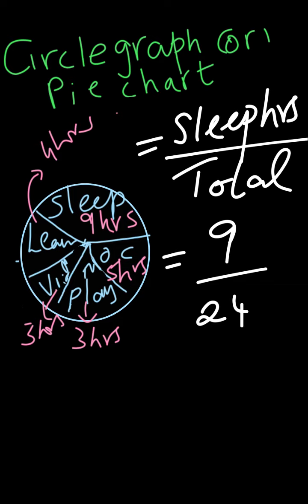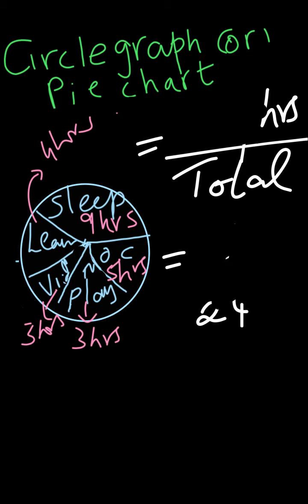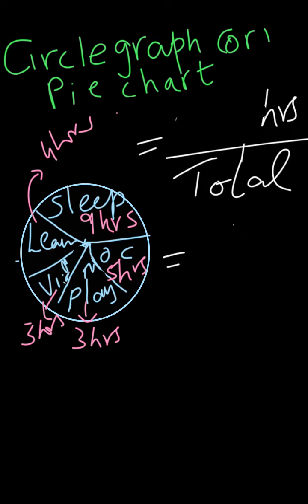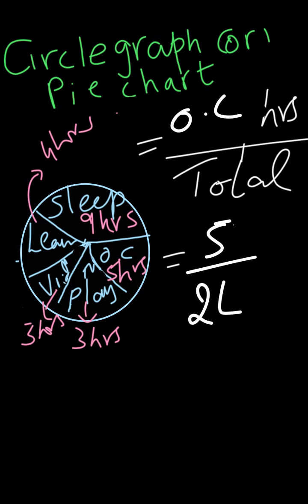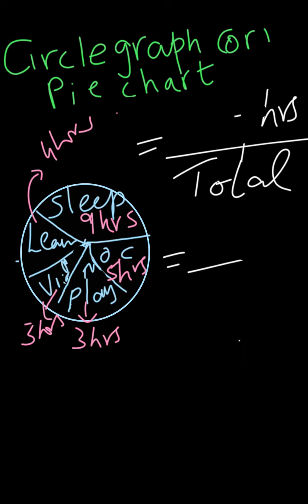And now if I have something other than sleep, let's see the online class time. Online class, it is total online class hours by total. Online class is 5 hours and total is going to be 24 hours. It also cannot be cancelled anywhere. And now play, if I see here, total is 24, that is for sure, right? 24 hours in a day.